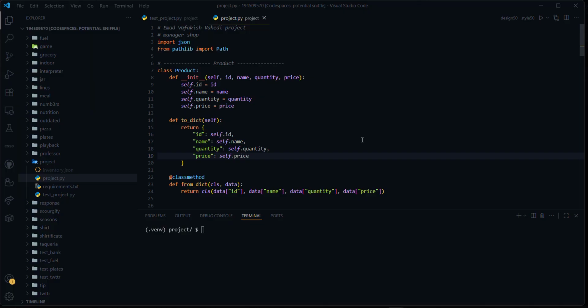It has three main functions beside the main one: add product, to add a new product; remove product, to delete a product; and list products, to show all products. The data is saved in a JSON file. This means even if I close the program and open it again, the inventory is still there. For example, if I add a product called Winstone Marble or something like that, quantity 20 and price 2.5, it is saved to the file and shown in the list.